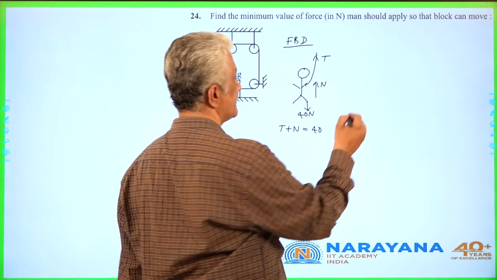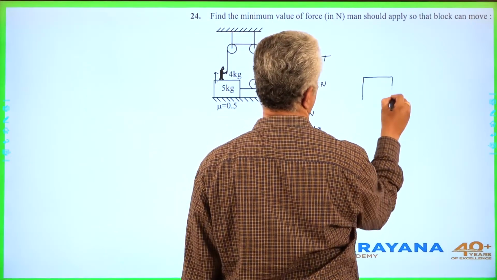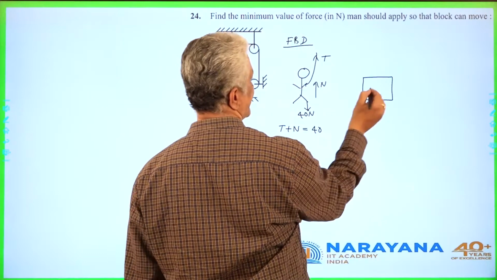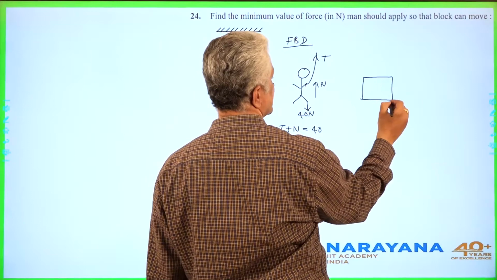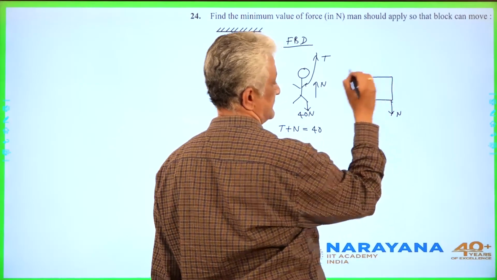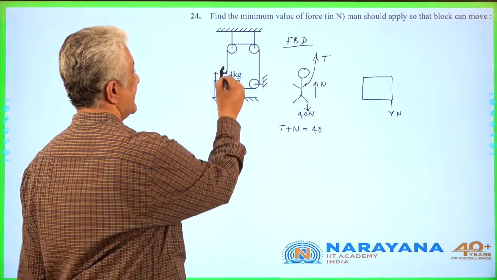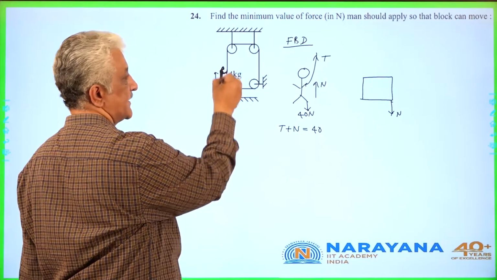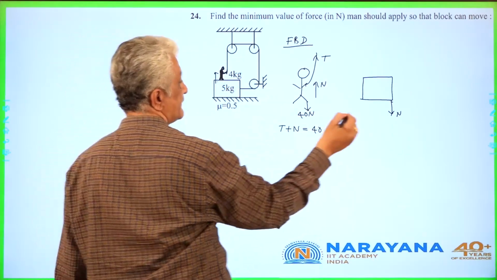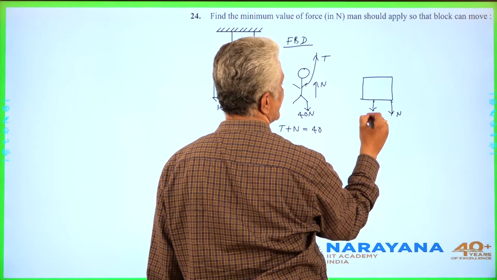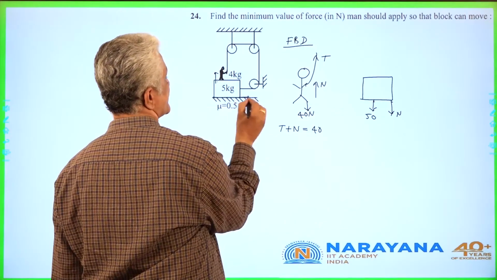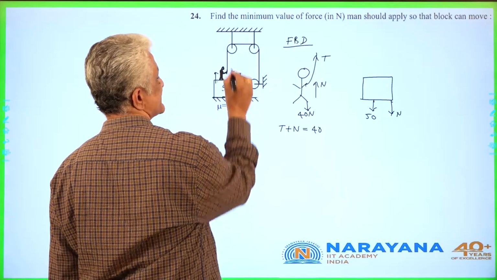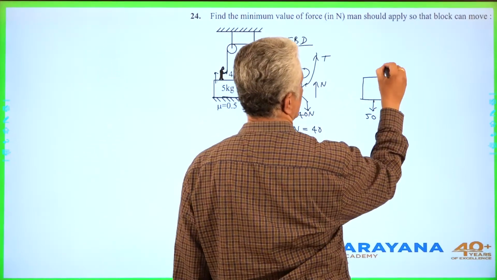Then the free body diagram of the 5 kg block in the vertical direction. As this surface will offer some force in the upward direction on the man, the man also offers the same force in the downward direction. This man offers some force on this particular block in the downward direction. And the weight of the block itself is downward, which is 5g, 50. But still, this surface which is offering the frictional force will offer some force on this in the upward direction. That is called N1.